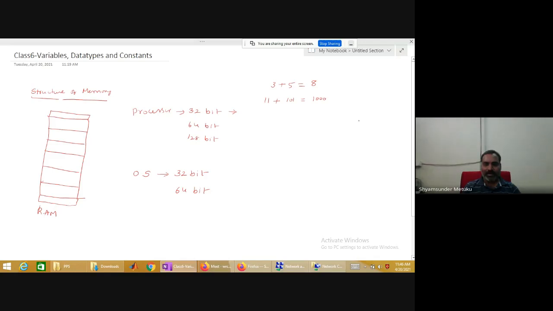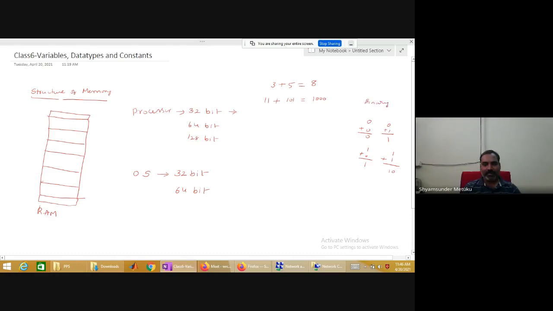Basically, it's logical addition, I should say, or binary addition. So in binary addition, you should remember 0 plus 0 is 0, 0 plus 1 is 1, 1 plus 0 is 1 again. Then 1 plus 1 will be how much? Can anybody tell? 1 0. Remember, because 1 plus 1 is 2, no? This is binary addition.